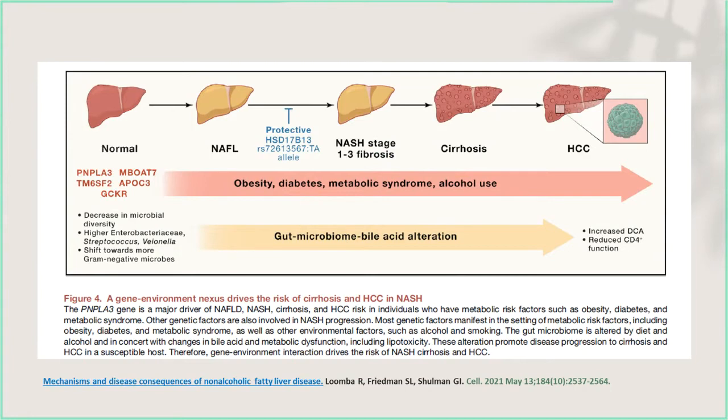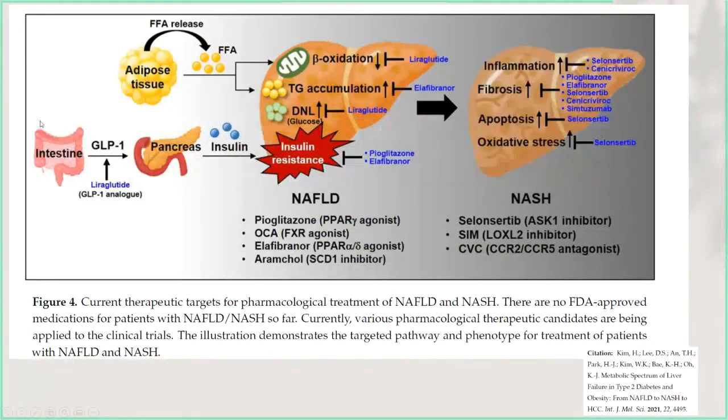And there are multiple targets when you look at this to see if there are opportunities to intervene. And also there is a tremendous amount of heterogeneity of the disease itself. That is because there are so many factors involved in the development and progression of this disease that it's probably due to different factors in different individuals. So the current therapeutic targets, which are based on what I just described, that have been undergoing clinical trials, include